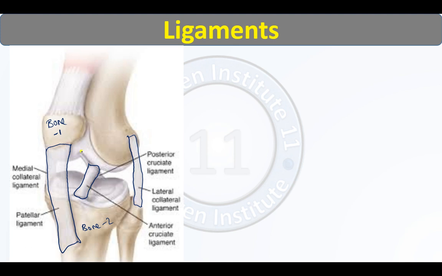Right, so this is first bone, this is second bone, and these two bones are connected with the help of a flexible tissue. Ligament is a flexible tissue. Bone was a non-flexible tissue. Ligament is a flexible tissue which is connecting two bones. It provides you flexibility at the joints. Fine. So ligament is a tissue which connects two bones.